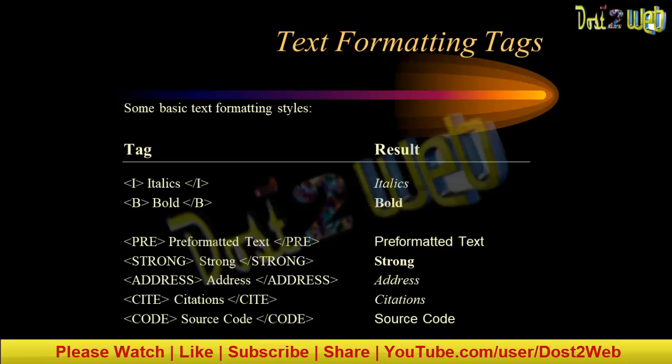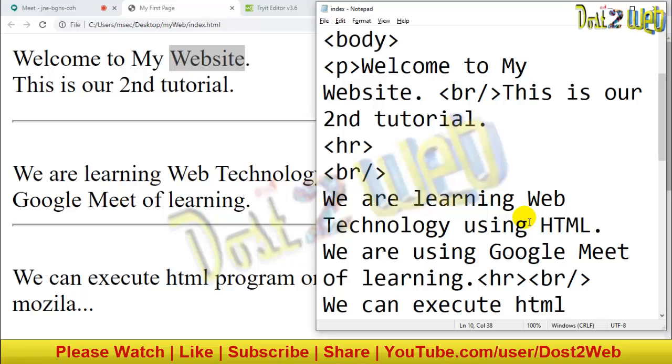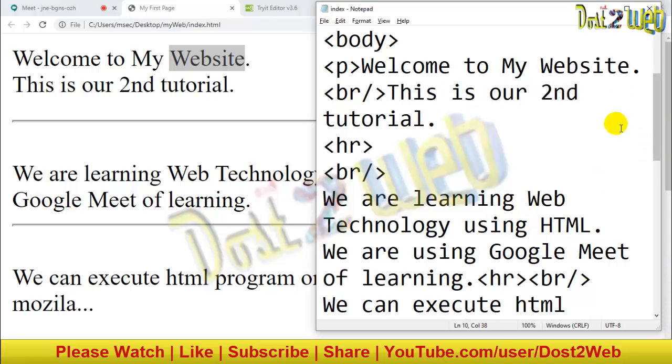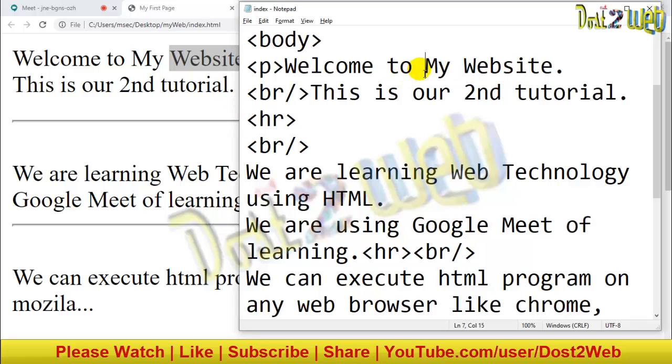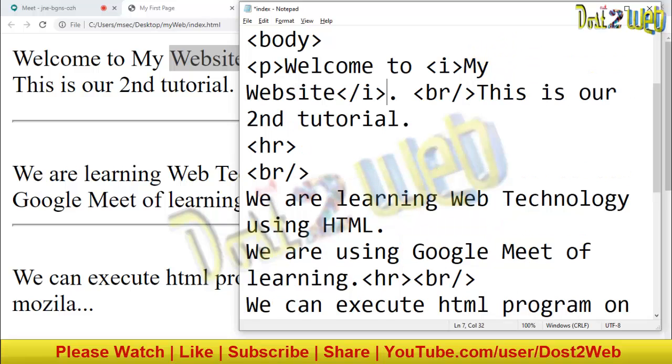Everyone come to your page. As we have seen, we have to use the italic tag. I'll use it on my website text, so I'll use the I tag, and I have opened it. Now I also have to close the italic tag. Now this is my second tutorial, which should be bold, so I'll use the B tag here.